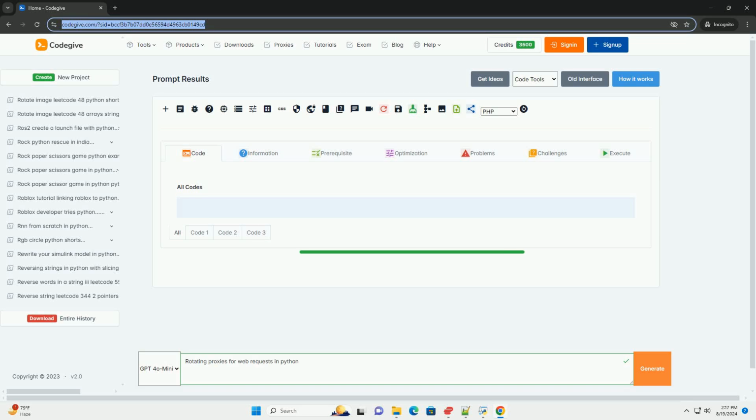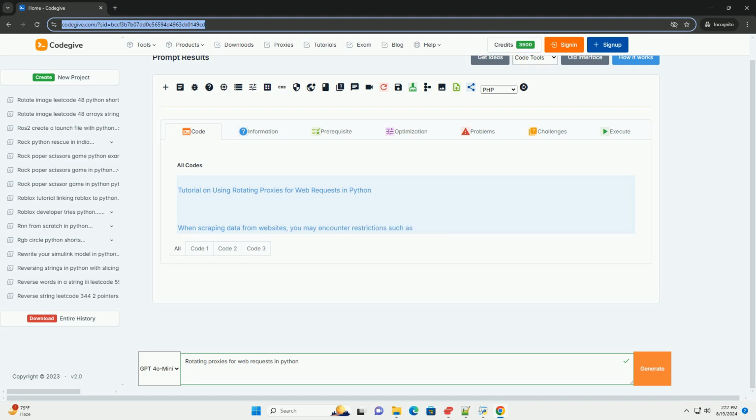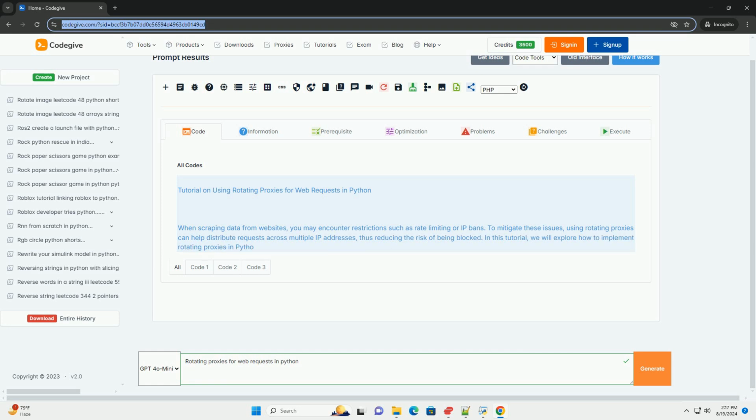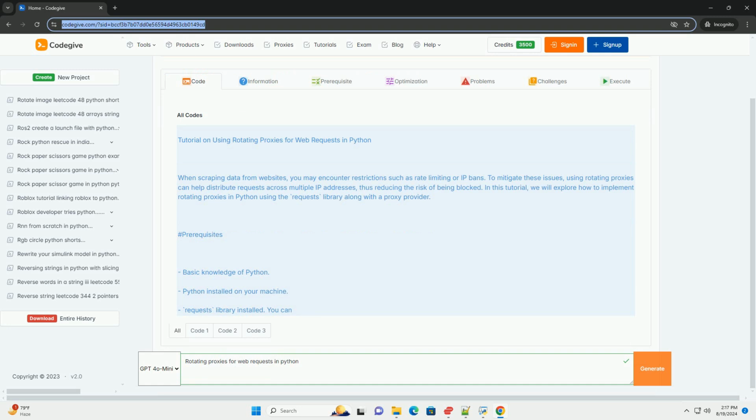Tutorial on using rotating proxies for web requests in Python when scraping data from websites. You may encounter restrictions such as rate limiting or IP bans. To mitigate these issues, using rotating proxies can help distribute requests across multiple IP addresses, thus reducing the risk of being blocked. In this tutorial, we will explore how to implement rotating proxies in Python using the requests library along